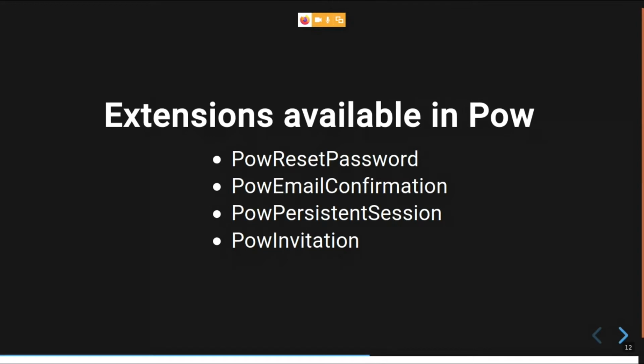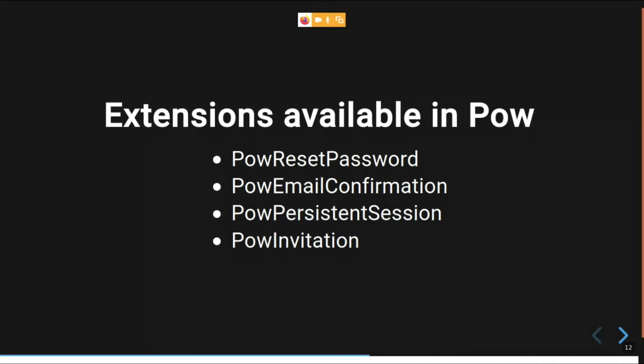That is basically if we have a forgot password, we can add a forgot password link to the login page. When we click that link, you are taken to another screen where you can reset your password, and then an email is sent to your registered email.